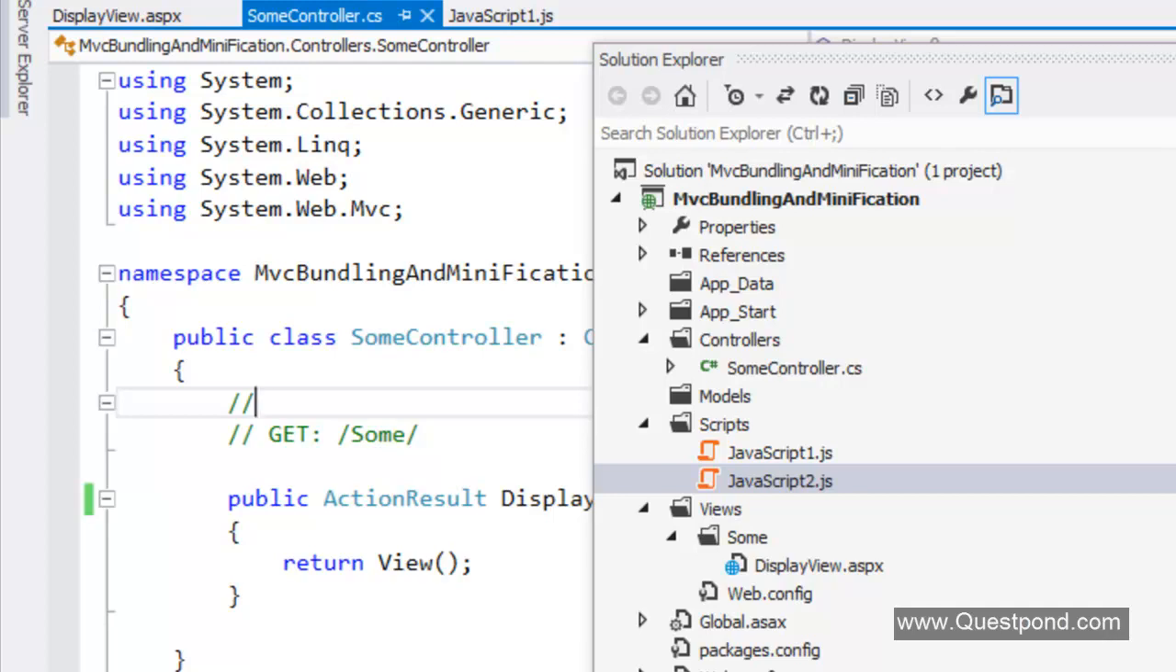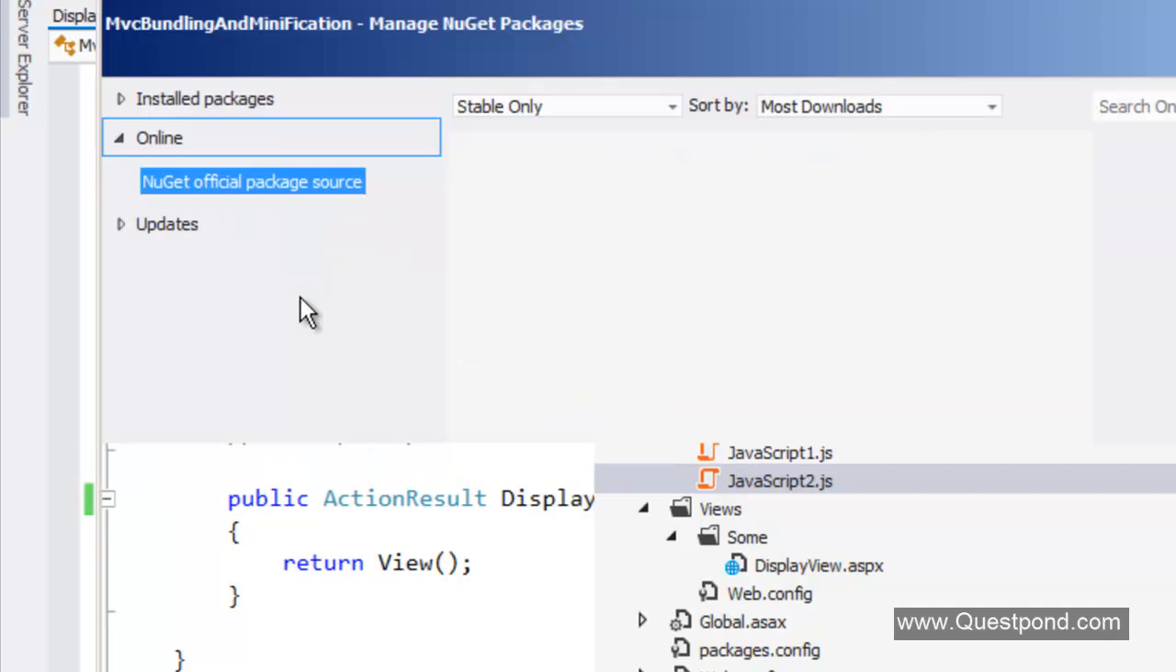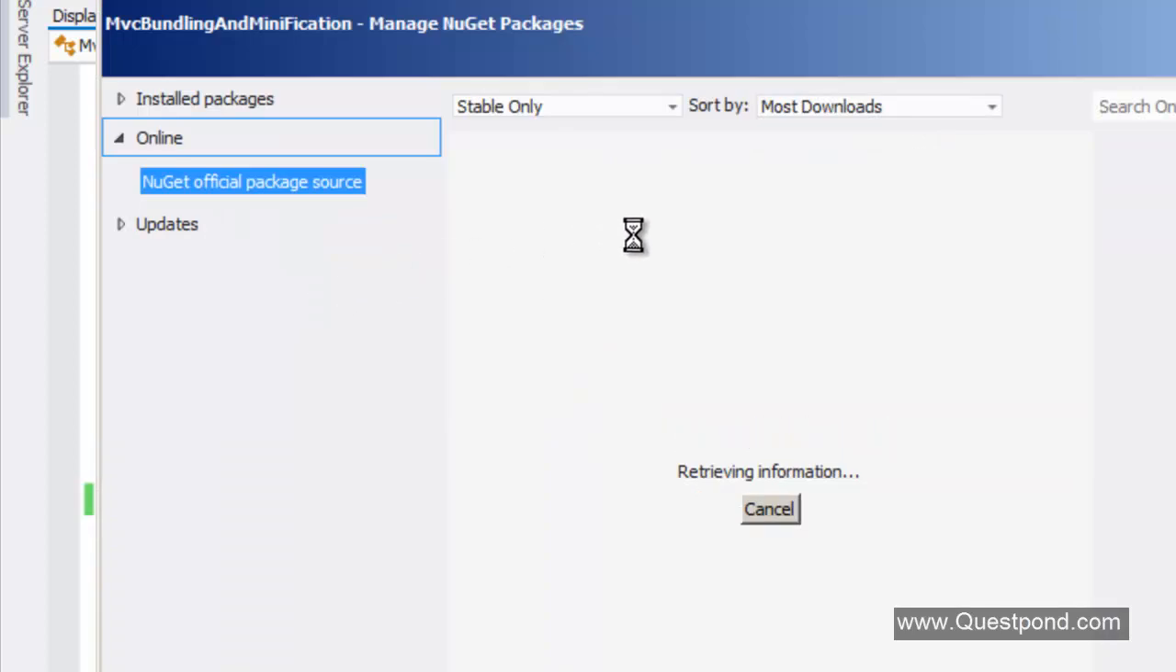So what we'll do is use NuGet to get a reference of System.Web.Optimization. In case you are new to NuGet, my suggestion is to go and see the video on NuGet so that you can understand the fundamentals of NuGet. In this video, I'm not going to explain what NuGet is. But for now, I'll invoke NuGet here, and I would like to search online